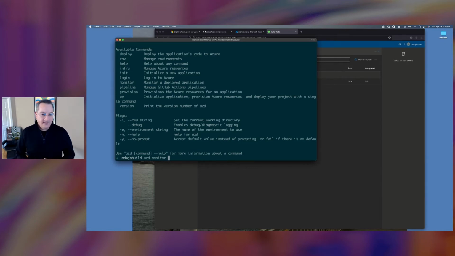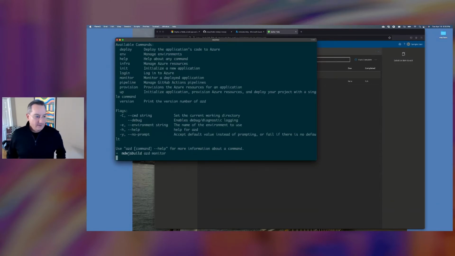When I execute the AZD monitor command, I'll be taken to the App Insights dashboard that comes along with the template. And that's completely configurable by you. So you can create your own dashboard that you deploy when the application gets provisioned. So let's execute that command. And we'll see here that we'll be taken to our